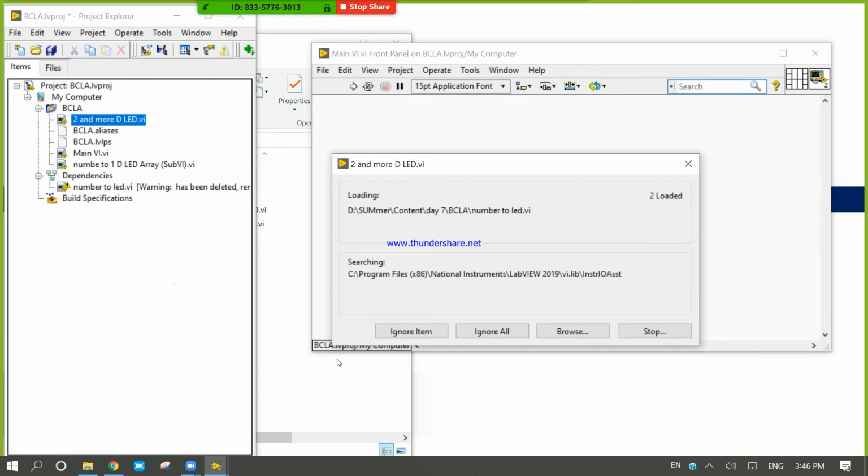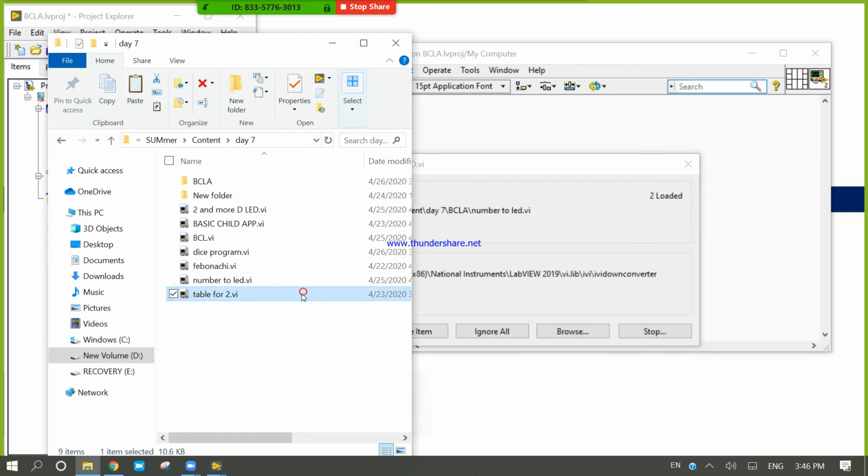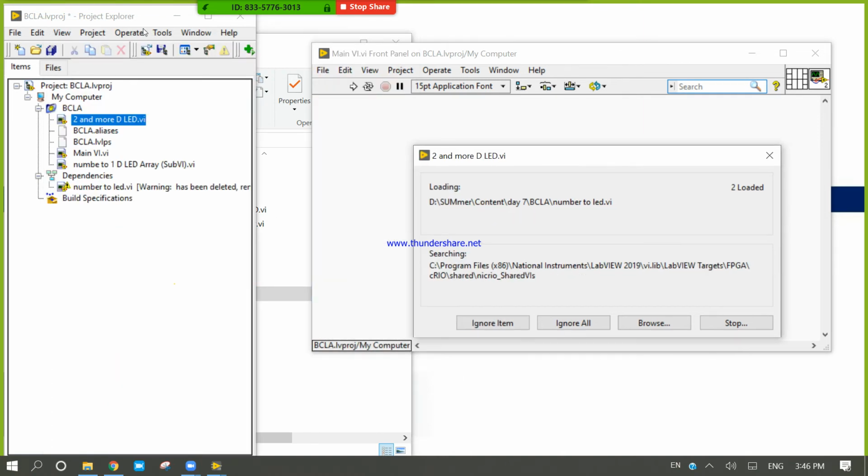How much time will it take? To design this one I had used this number 12D. When it opens I will show you.